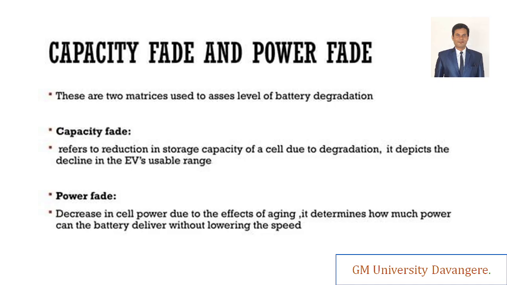All right. So next we'll see the power fade, right? The power fade will tell us about the decrease in the cell power due to the effect of aging. It is not giving the actual power that we were expecting earlier, right? It is not delivering the actual power, due to the aging. Once you age, now we are at the age of around 25, 26, 27 like that. Take the example that you are at the age of 25, right? So you'll run